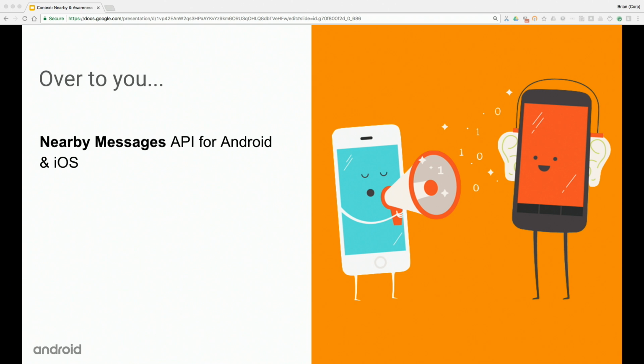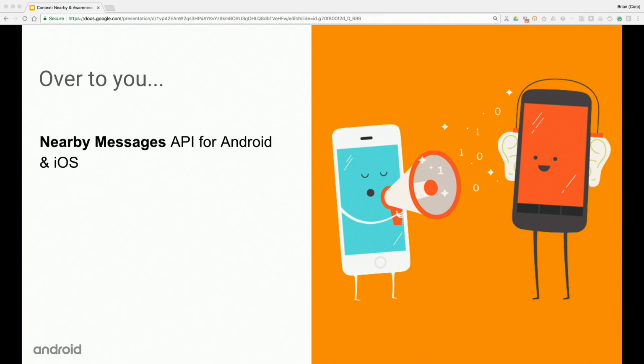And I've got to say, in my career, one of the most rewarding things that I've been able to do is build APIs like this, because I can only imagine a finite number of things that I can build with a given technology. But it's really amazing when you build an API and Android developers or iOS developers all over the world build really cool things with it that you didn't really expect.